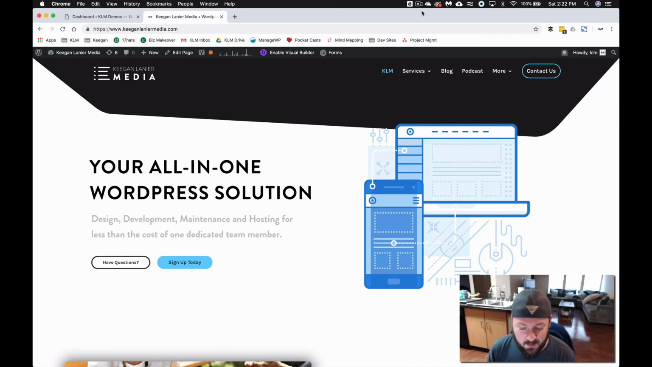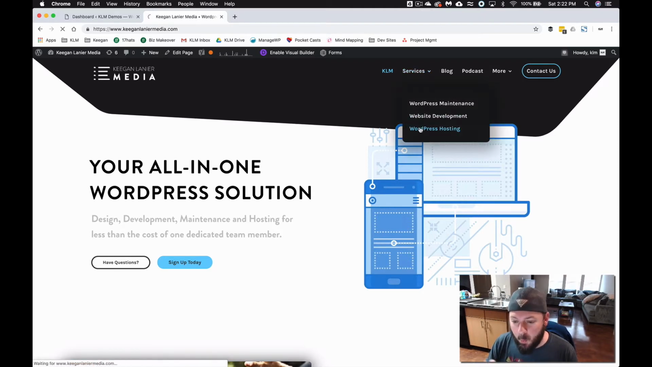And today what we're going to be doing is showing you some pretty cool box shadow effects and how we can get some pretty interesting hover effects inside of Divi using that box shadow. So you can see here we're looking at Keygen Linear Media. I wanted to show you one of the examples of something that we're going to be able to put together